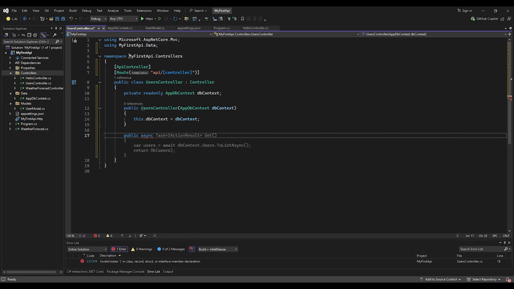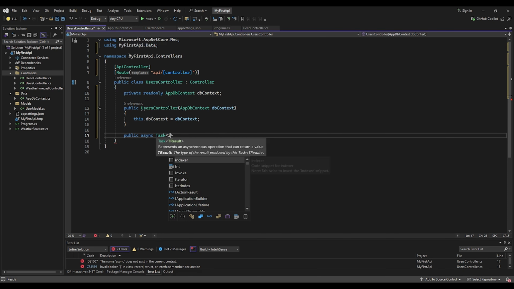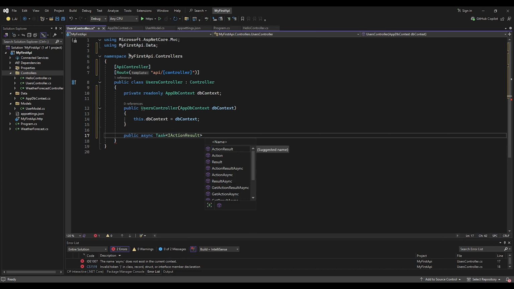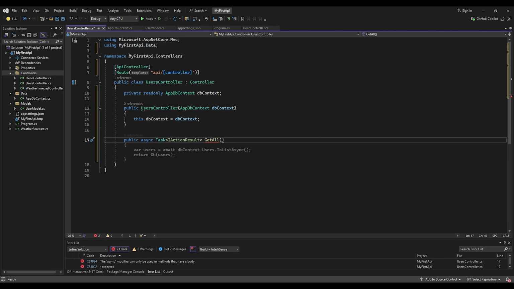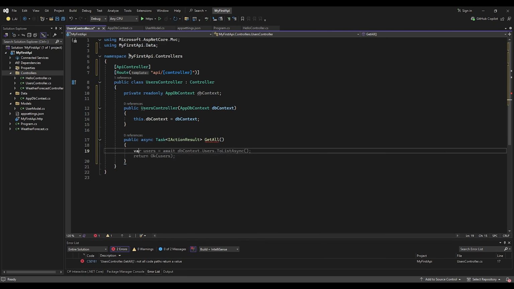So an async method, Task<IActionResult> GetUsers. About the asynchronous part we will speak again in one of our next lectures and in the theory part